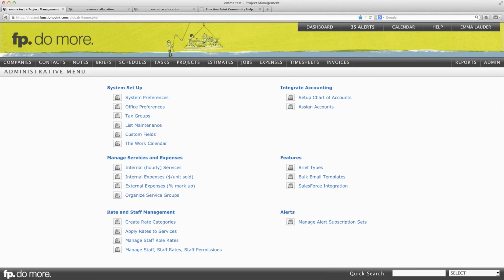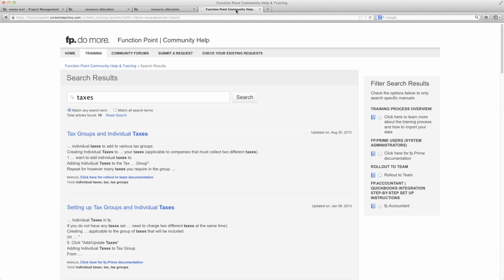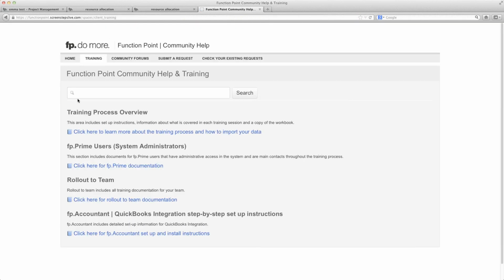Next along the list here, we have rate and staff management. Again, not an area I'm going to spend a ton of time in just because it is something that you'll need to do some pretty serious thinking about and probably get stuck into more in a one-on-one session with your trainer. I would ask though that again, as a bit of homework, I'm just going to come back to the community help section, or sorry, the training section. I'm going to choose prime area